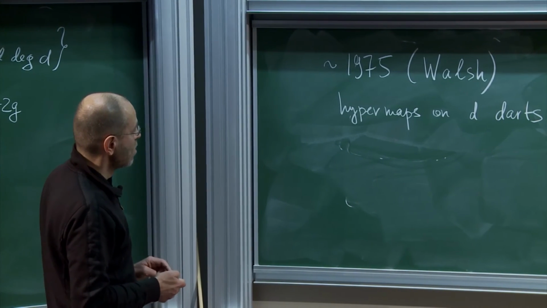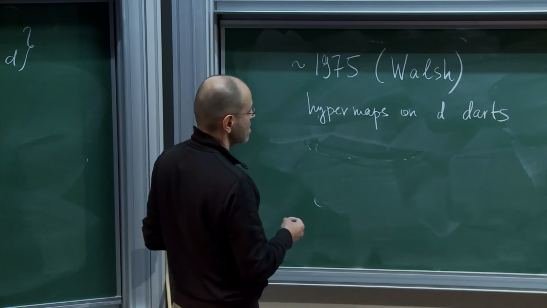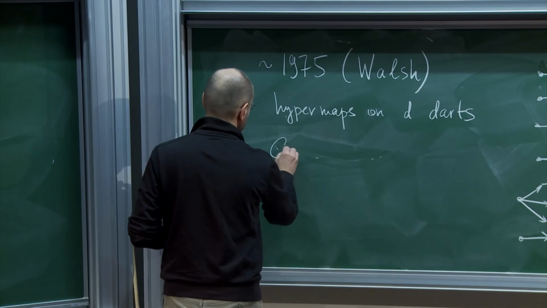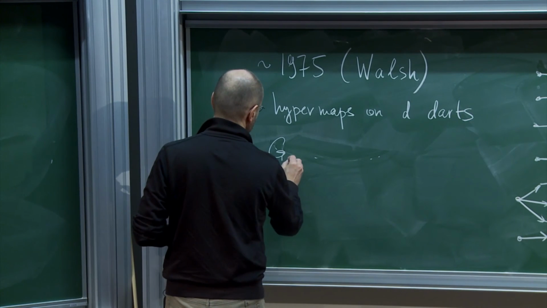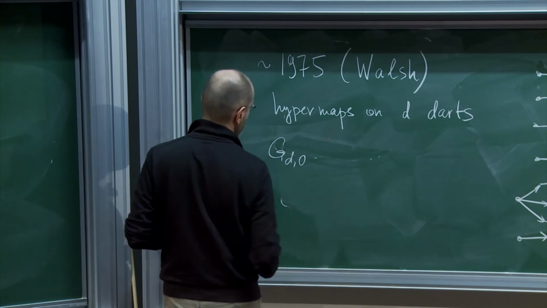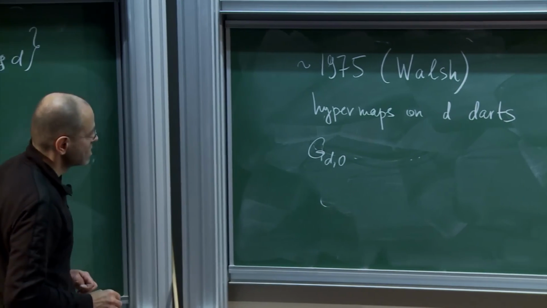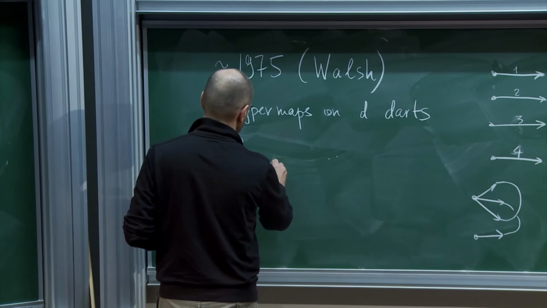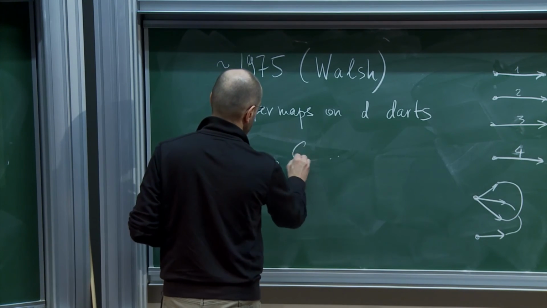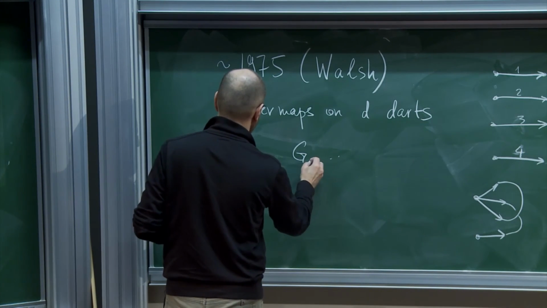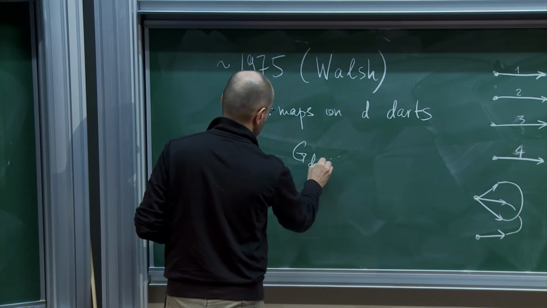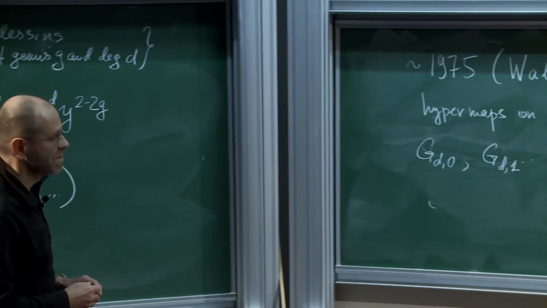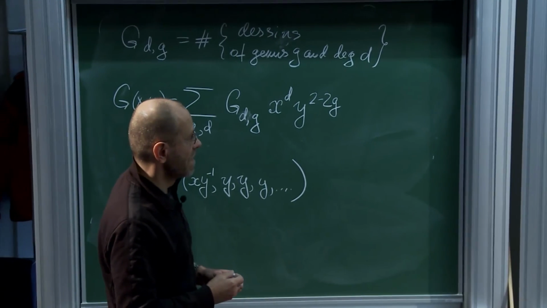So Walsh himself was able to write a closed formula for the numbers G_{D,0} in genus 0, and somewhat later the case G_{D,1} was also considered. There was also written an explicit formula for that case,